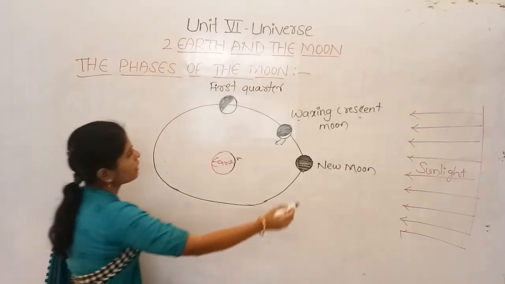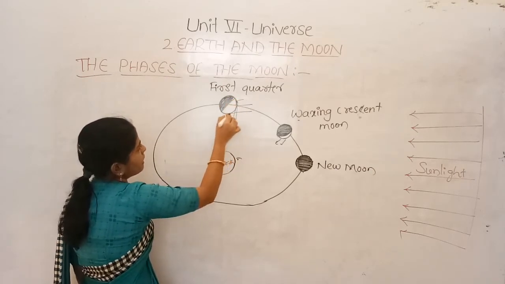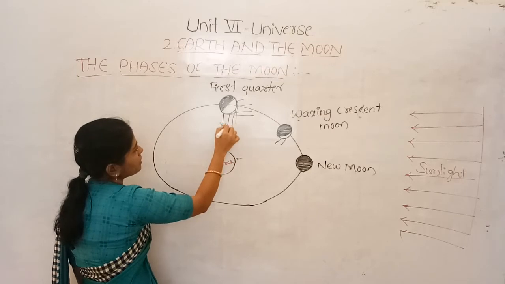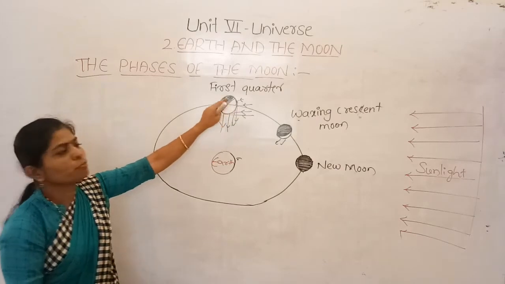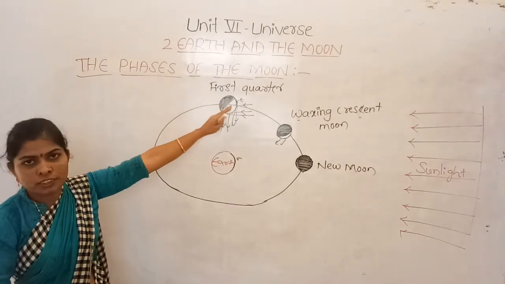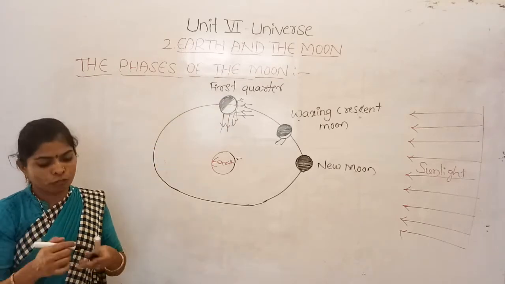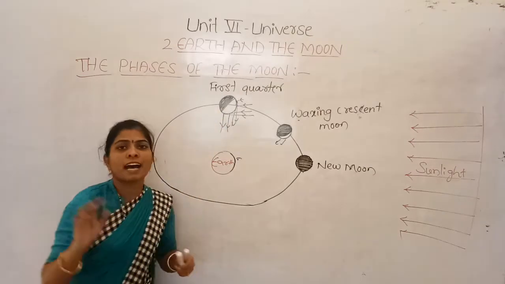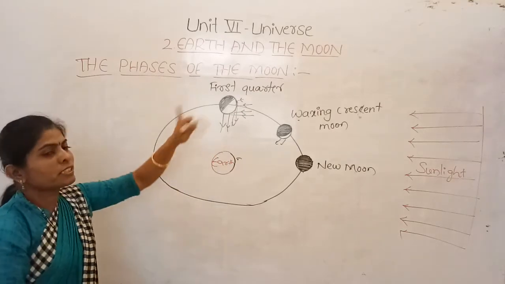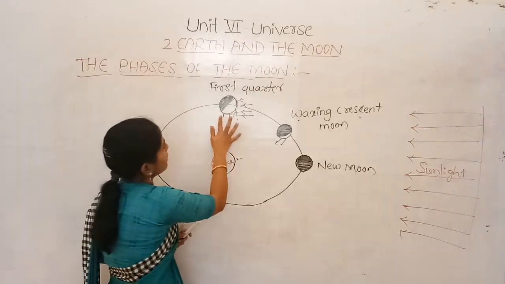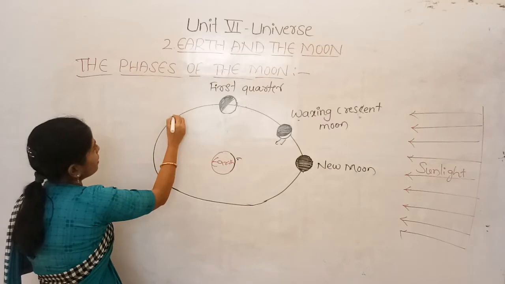Half. So when the light falls on this surface, it will be reflected, and we are able to see it. So half part of the moon we can see and half we cannot see. This is called the first quarter. Only half the moon we can see. We can also call it the half moon, and this, which comes in the waxing phase, is called the first quarter.